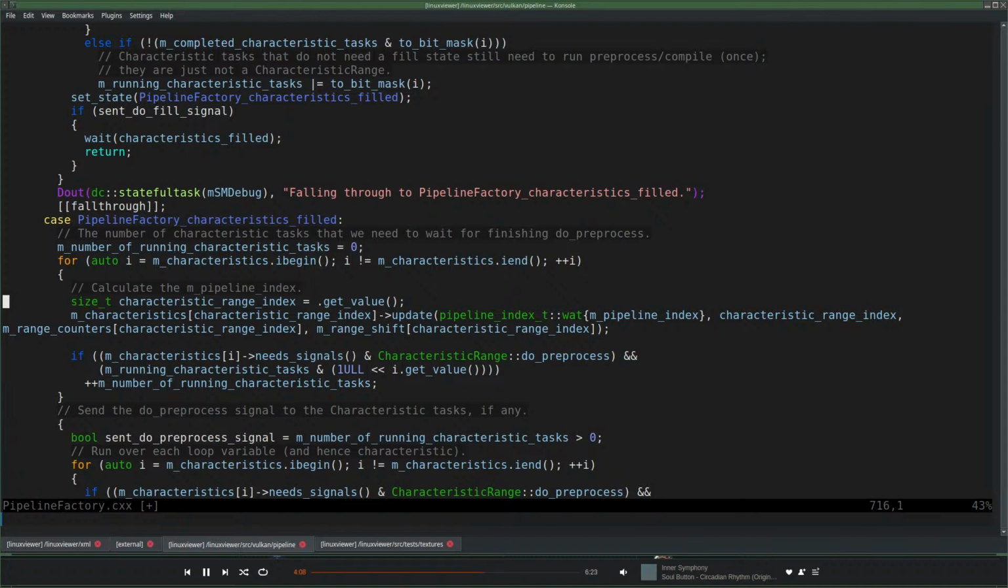I'm not using an IDE, and this is Arch Linux. Characteristics range index. I'm glad people like my colors, but then they ask what IDE are you using. It's kind of